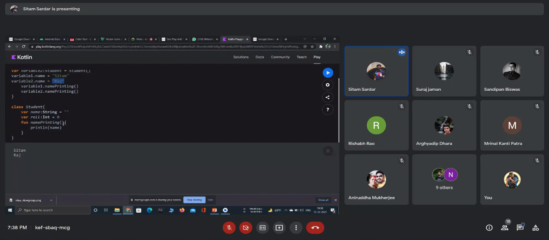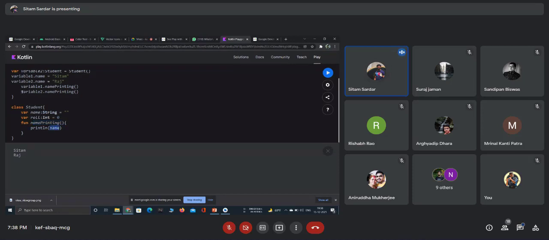So this is the basic thing. Whenever I call this function of variable 1, it comes here and executes this statement, and in this statement it executes the name section of variable 1, which means Sitam. That is, Sitam is printed.